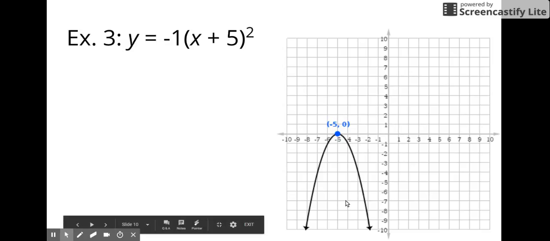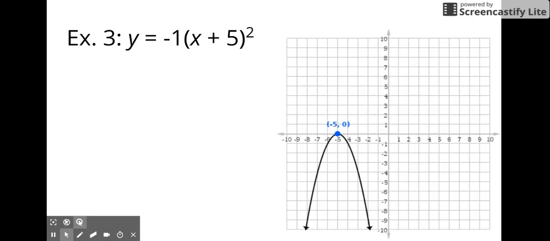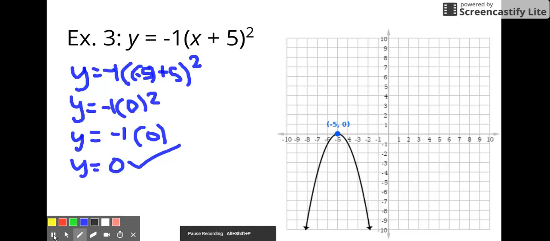So we only have one solution, and let's make sure that we did that correctly by subbing in -5 and seeing if we get an output of 0. We do, so we know we're correct. So don't forget, when you're solving by the square root method, we're looking for either an equation that's in vertex form or an equation that doesn't have a linear term. And those would be really good cases to solve by the square root